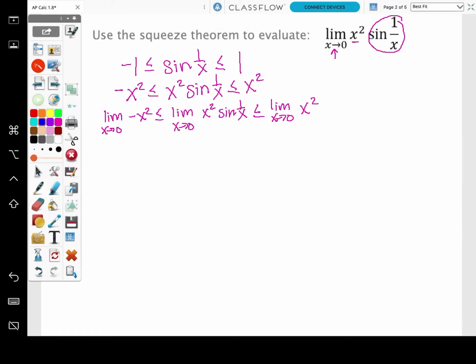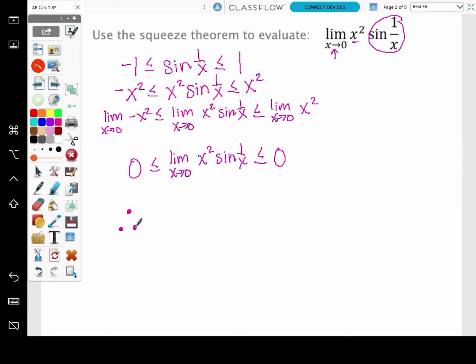Okay? Now, this left-hand side, the limit of negative x squared as x approaches 0, can be evaluated by direct substitution. So that whole limit just turns to 0. The middle one is the one that we can't do, so we're just going to write it one more time. And the limit on the right can be evaluated using direct substitution as well. So we plug in 0 and we get 0 there. Now, if the limit as x approaches 0 of x squared sine 1 over x is greater than or equal to 0 and also less than or equal to 0, then we know,